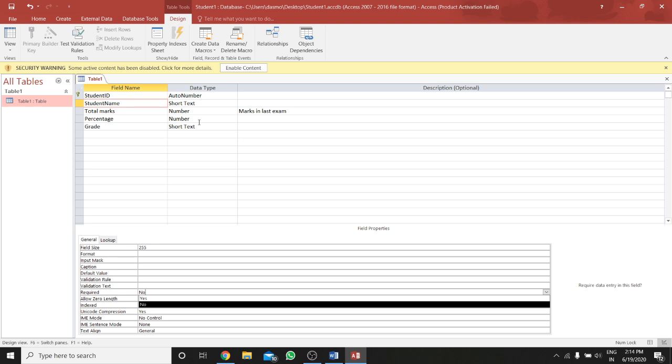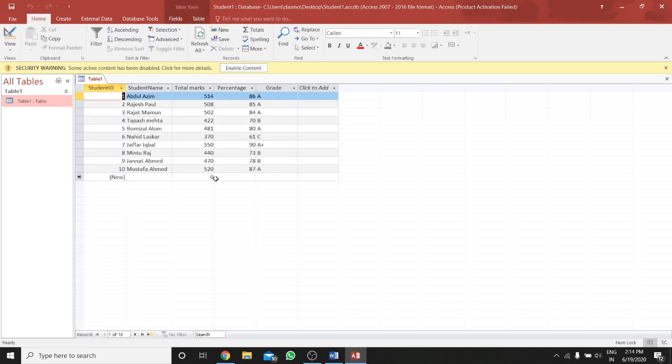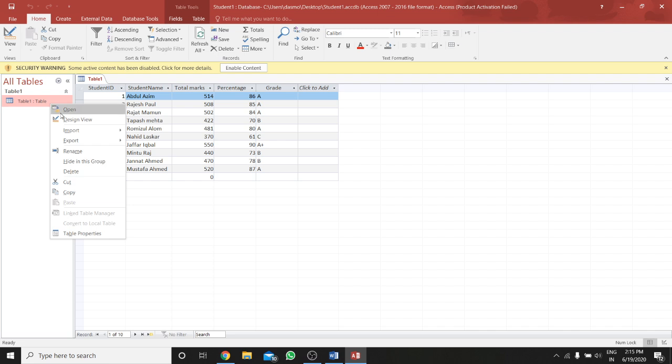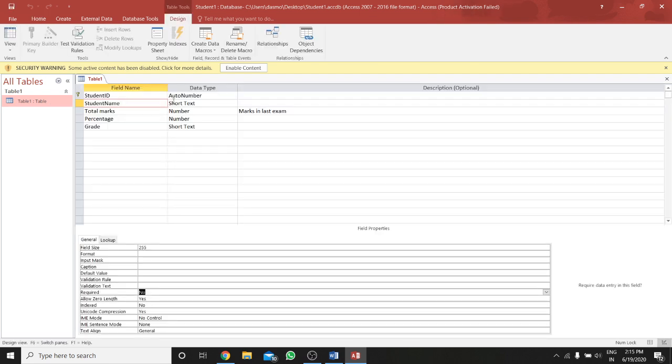If you want that a particular value must be given for this table, then we will set this field as required, yes. If it is no, this means that if you don't give any value, it will still work.